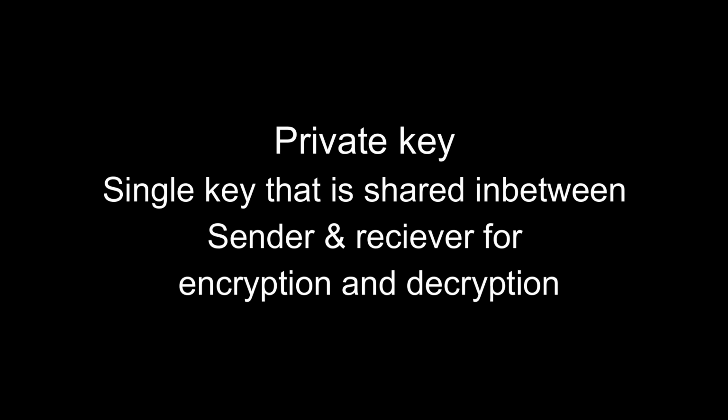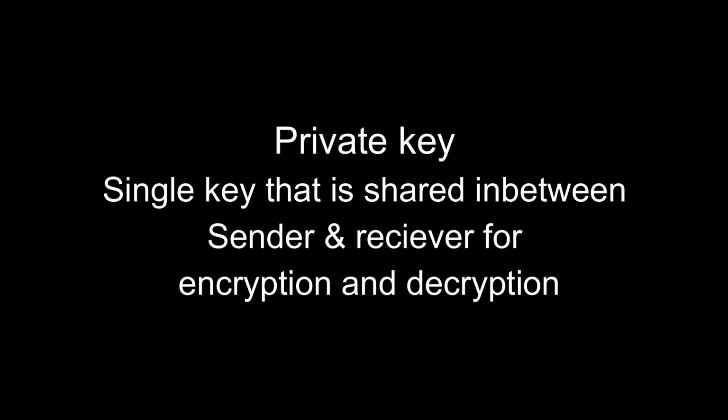In cryptography, there are two kinds of keys: public key and private key. In public key cryptography, the sender encrypts the data with a specific key and the receiver decrypts the data with another specific key. They use two keys for encryption and decryption. This process is called public key cryptography. And next is private key cryptography. The private key is used to both encrypt and decrypt the data. This key is shared between the sender and the receiver of the encrypted sensitive information.